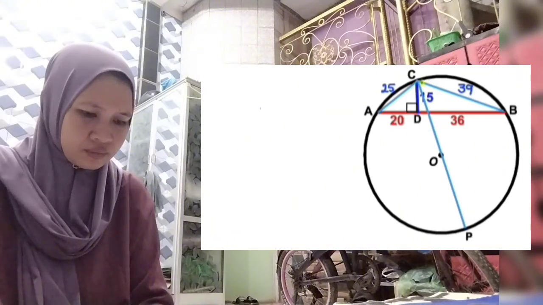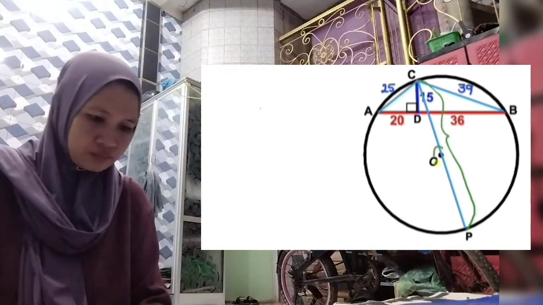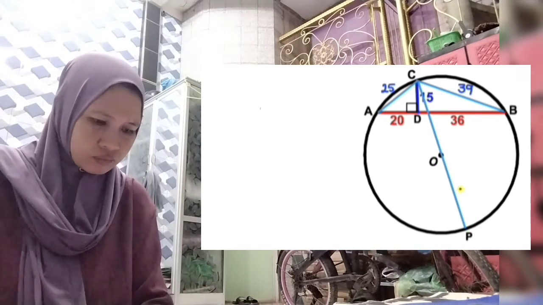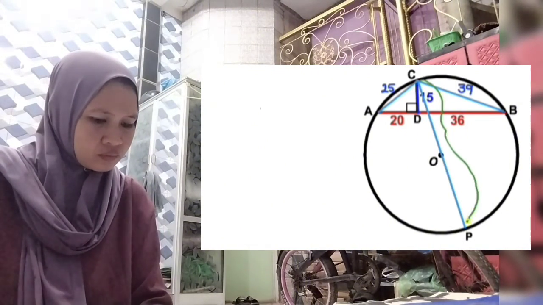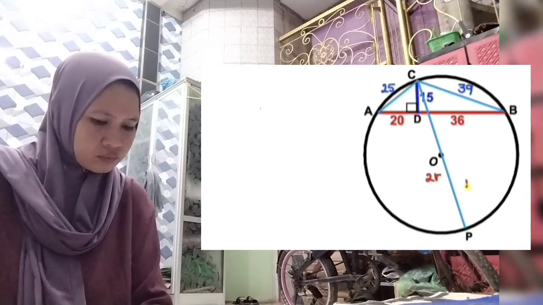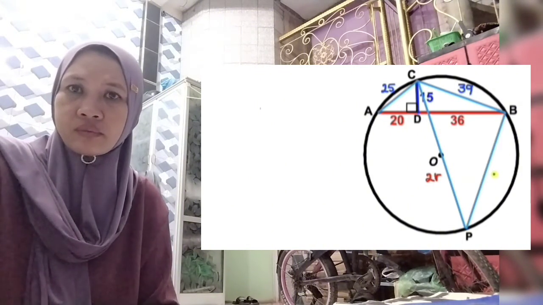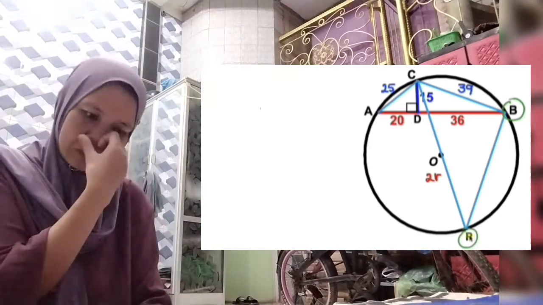And in this next step, I have drawn this diameter CP that passes through the center O. Let's assume that the radius of this circle, I'm going to label that one as lowercase r. Then the diameter CP is going to be 2 times radius r. So I can write 2 times radius r. And now our task is to find the value of this radius r. And finally, in this next step, I have connected these vertices B and P as well.